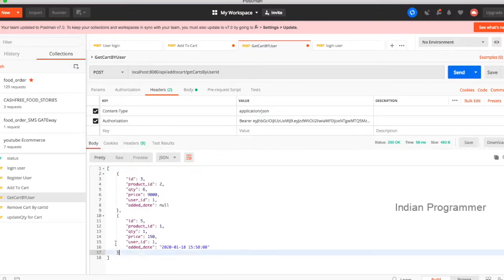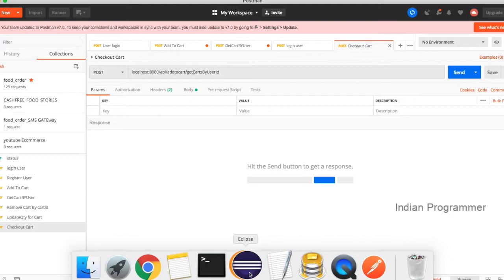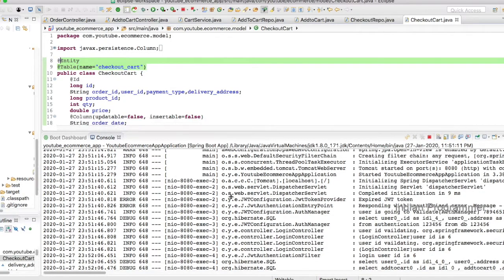Yes, he has two items in his cart. The price is 9,150. So what I'm going to do is copy this request here and name it checkout cart. Okay, so the endpoint URL will be